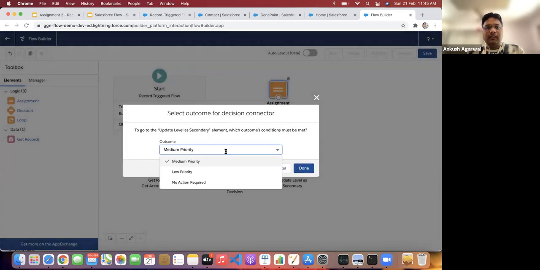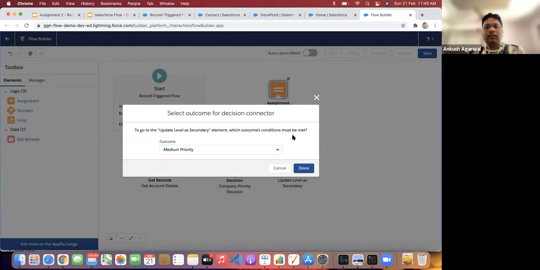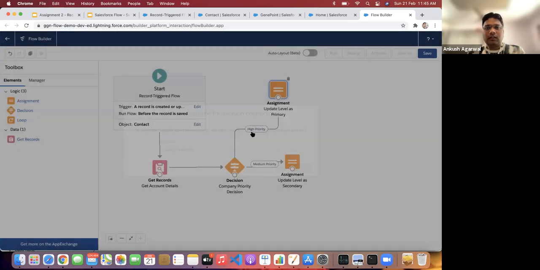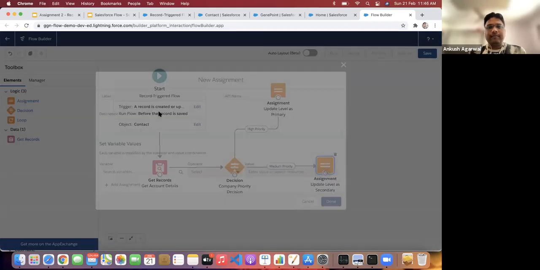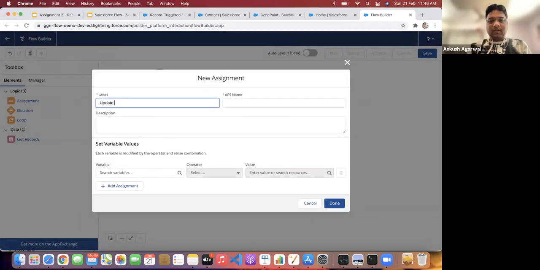So automatically the remaining options will be available here since we have already used high priority. That's why we are having the medium priority next one. And the third one is update level as tertiary.